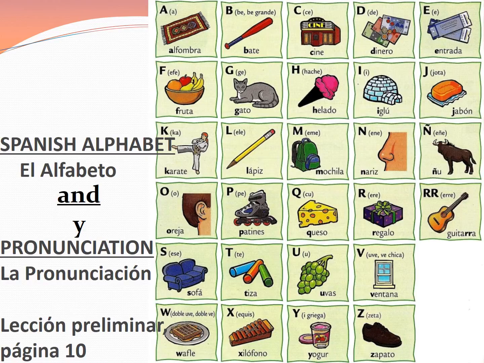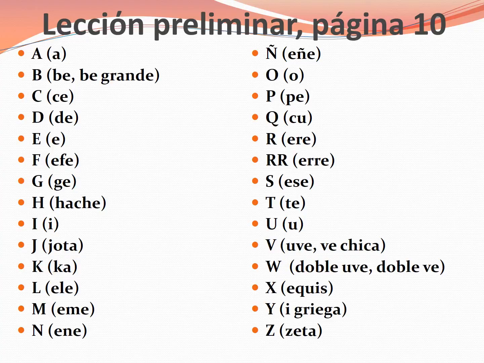The Spanish alphabet and pronunciation can be found on page 10. El alfabeto y la pronunciación puedes encontrar en página 10. The letter A in Spanish will always be pronounced A, B, B grande, C, C, D, D, E, F, G, G, H,